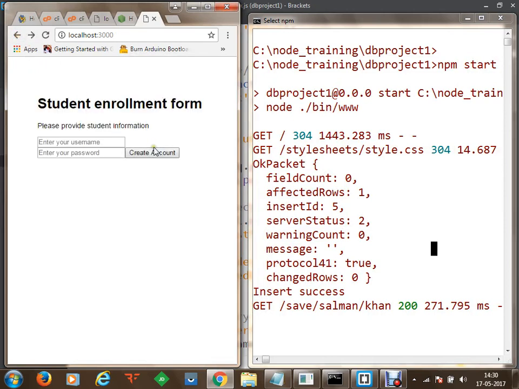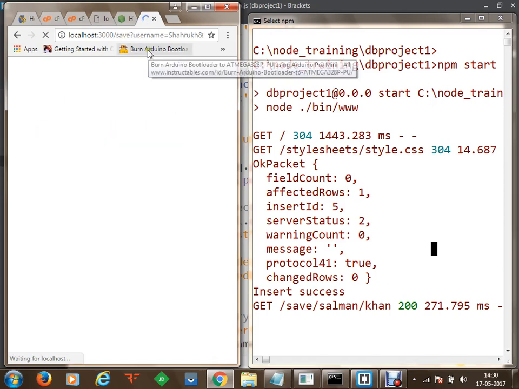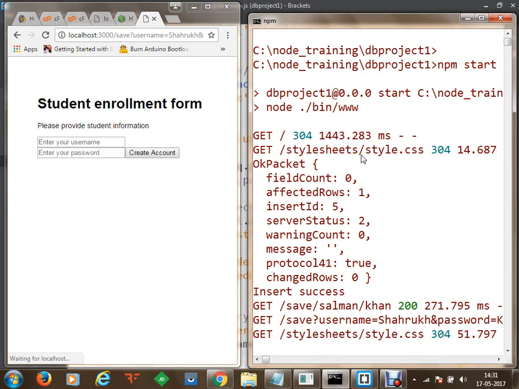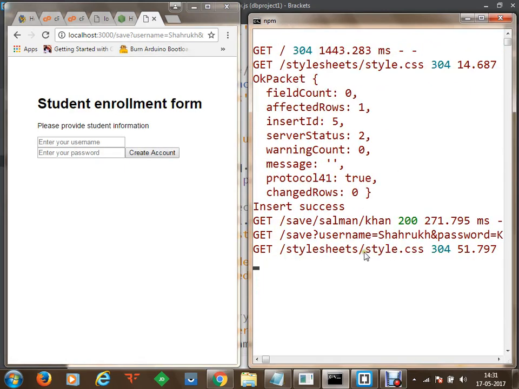But when we try to send the parameters from the default form, and this time I specify some information like Shah Rukh Khan something, and send it, the request will be modified. So now you can see that a new request has been sent to the save path, but the path at this moment is modified a little bit.